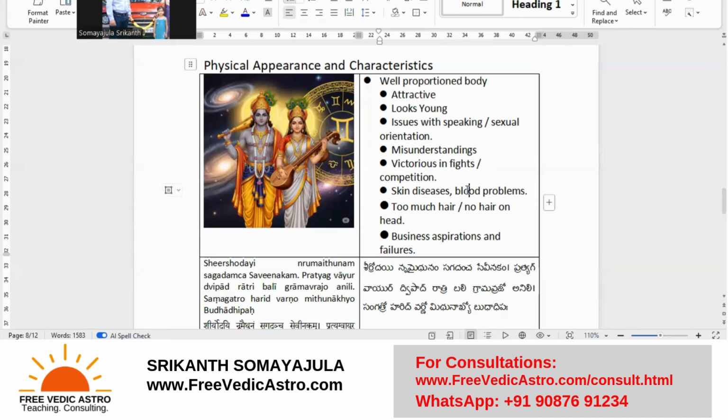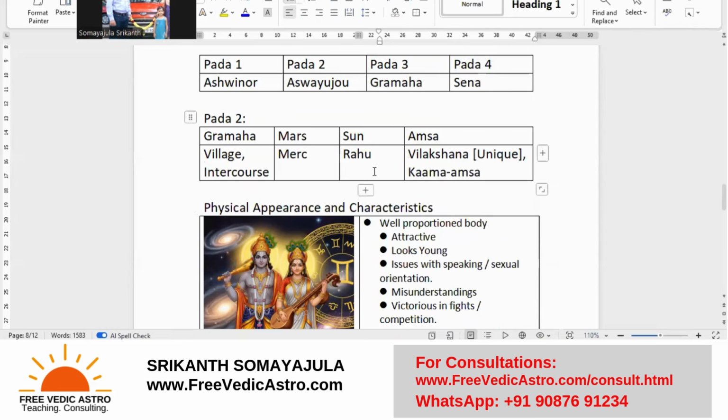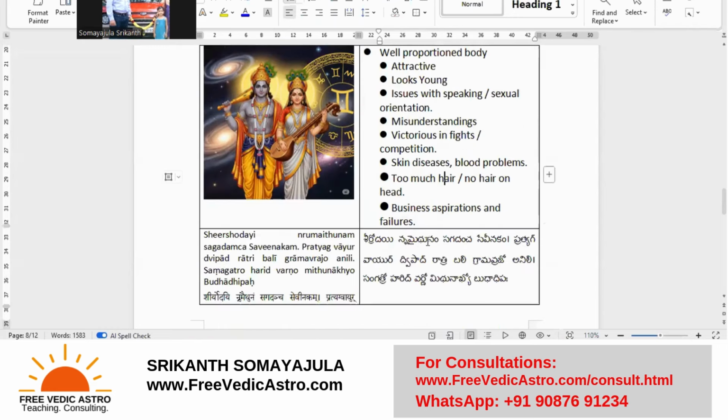Mars debilitates in a sign where the Moon is ruling, right? So both of them do not like the Moon in one way. So problems of the Moon-ruled things, or dehydration, right? These are such kind of things that you can look at with respect to Moon, Mercury, Mars. And then there is too much hair because of the Sun and the Rahu, right? Sun Rahu will promote a lot of hair, or Sun Rahu can also promote baldness, a lot of loss of hair. Both can be possible.